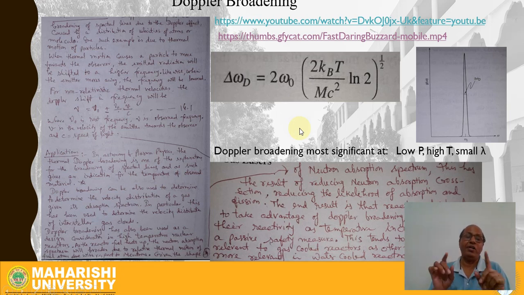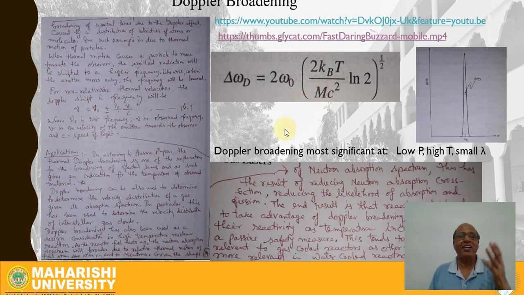Now, this particular case was for any observer and for any radiation source. It can be with an ambulance. For example, in the first case, an ambulance which is coming closer to you will have an increase in its frequency of sound, and as it goes away from you, it has a decrease in its frequency of sound. Now that is also an example of the Doppler effect.